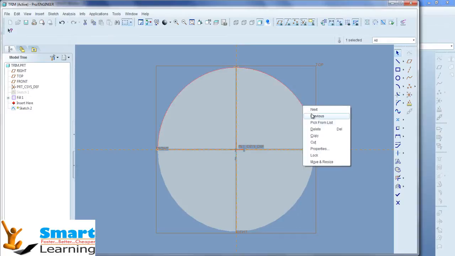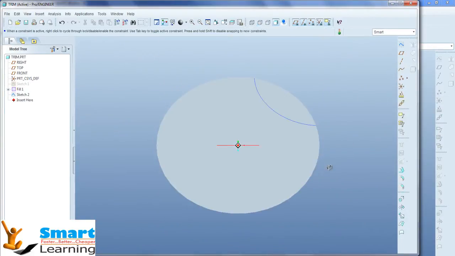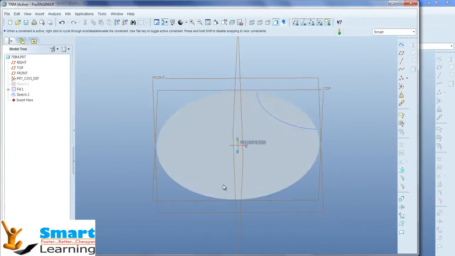And just convert this. After creating this, let us say this is the profile which I would use for trim, and now I don't need this. Accept. So with respect to this